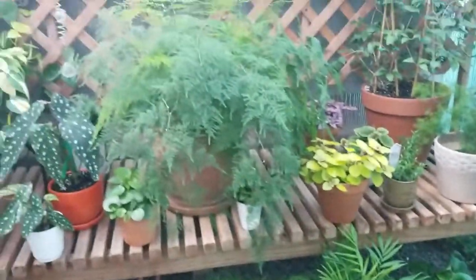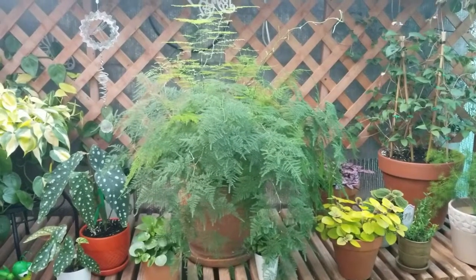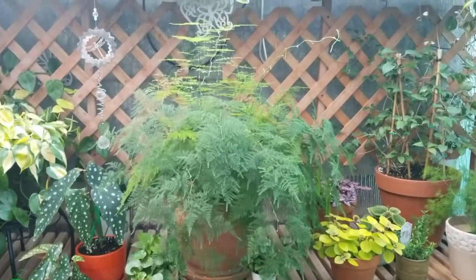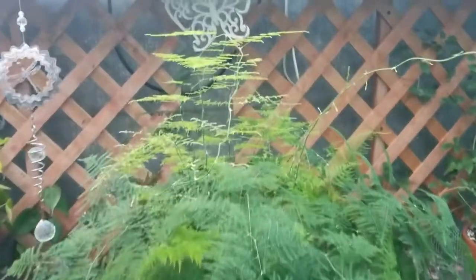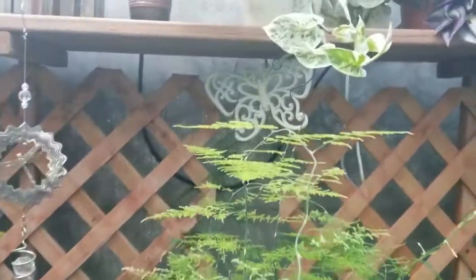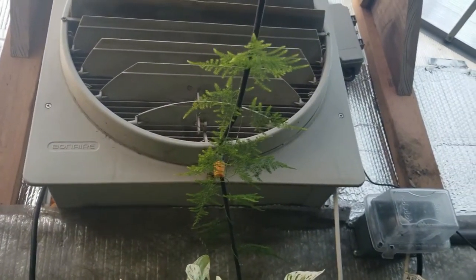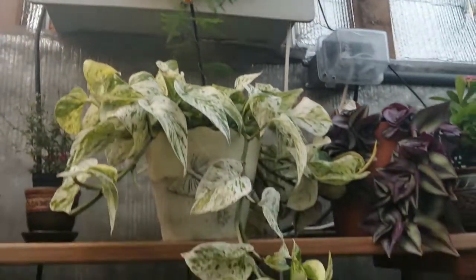Let me kind of back out of here. I want to show you, this is actually a fern also. It is in the asparagus family. And, I mean, it is just growing new every single day. It's wrapped itself up, and it's going on the mixture system. So, I'm going to leave it. I don't mind. My husband might, but...